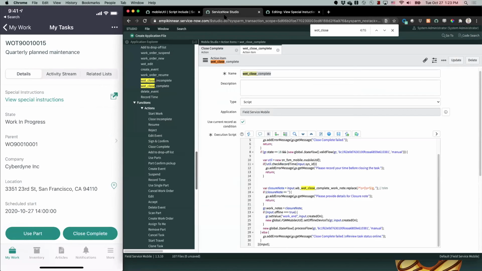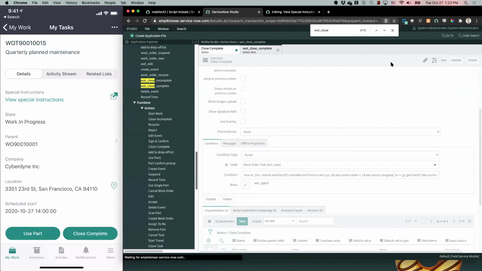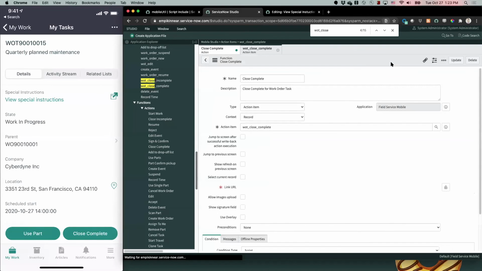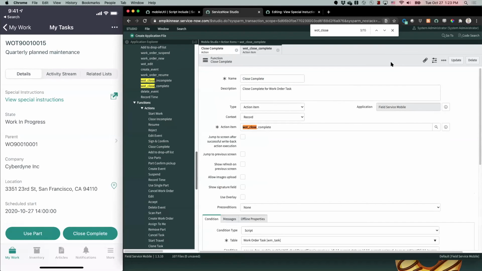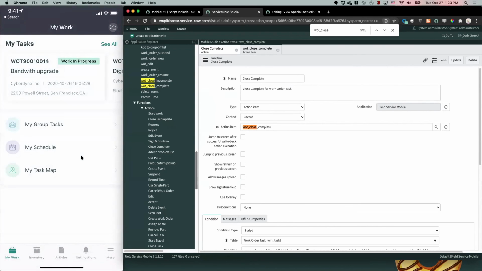So how that would look if I write it out, let's click back over here to my action. So what I pasted in right here is just the exact same thing, just written out. So new script include check record time, passing in the sysid, and whatever else was there before. So let's save that. And let's look to see if we have a better user experience or not. So looking back at the mobile app, just because I've made a change to a function, I'm going to restart that. And I'm going to open up